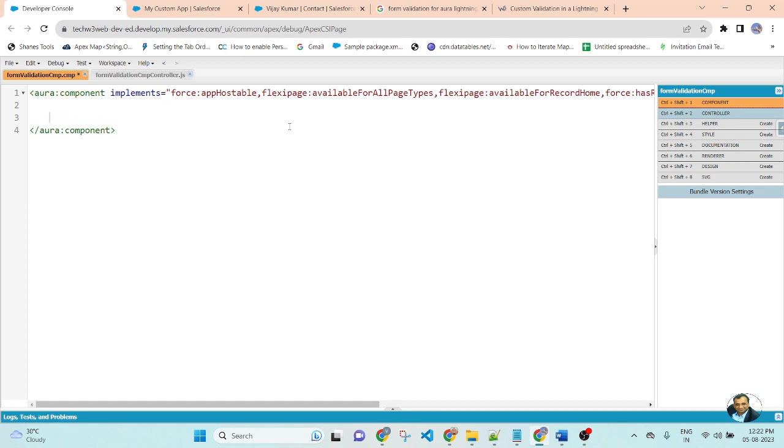Before creating a div, I will create a lightning card. Here I will put a title: Create form validation in our component.